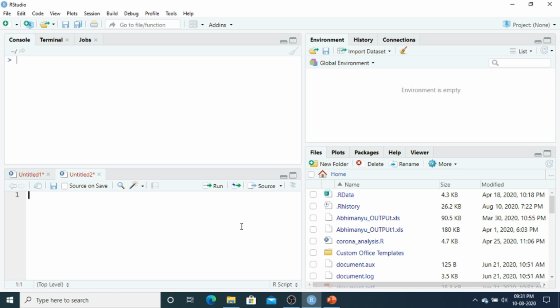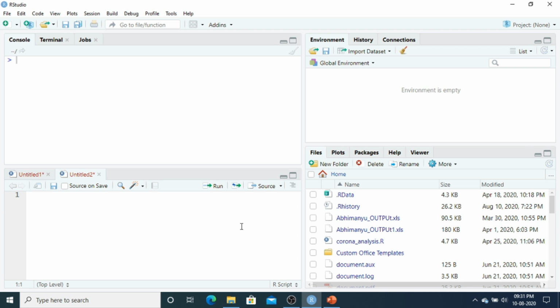Now I will demonstrate that, because most data sets, typically from other statistical software like SAS, SPSS, Stata, you will find in a similar rectangular form, that you can handle using the data frame command in R.